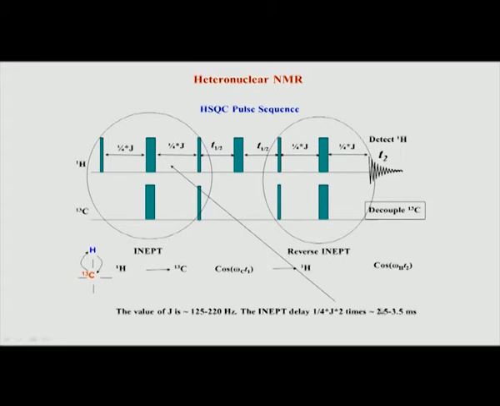So, typically the delay which we use is about 2.5 to 3.5 milliseconds, coming from this pulse to this side here. So, we are looking at the entire delay period between these two pulses. Why is it important to know this? From a practical aspect, because maximum sensitivity is obtained when you achieve a